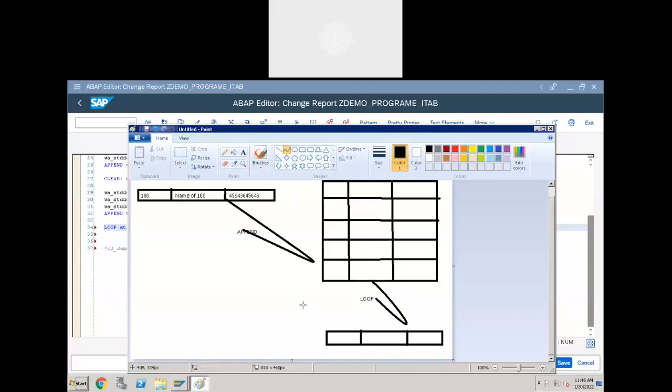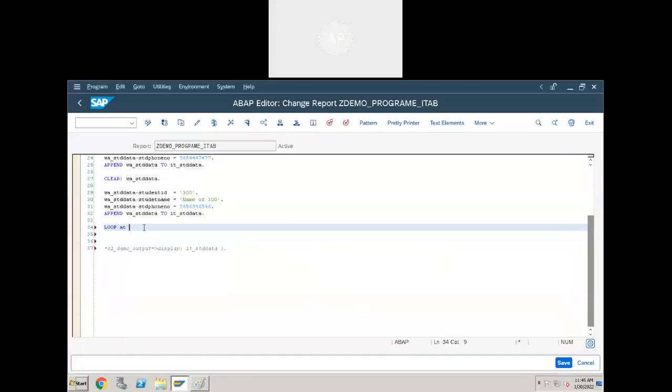Loop will transfer each internal table record into work area, record by record. Okay. And then we display the data using write statement.